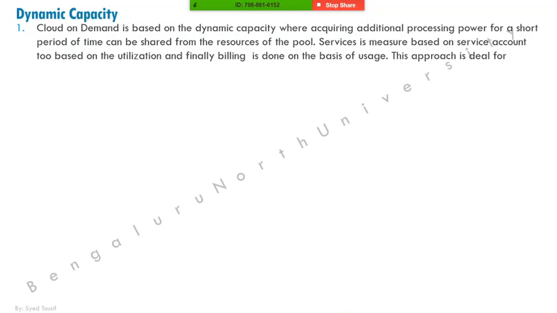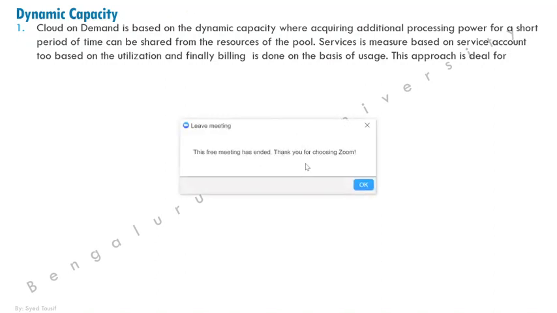Cloud provides an option where we can virtually increase our capacity of any resource like memory, CPU, or virtual resources. There are also some tools we have to utilize for dynamic capacity. Cloud on demand is based on dynamic capacity, where additional processing power for a short period of time can be shared from the resources.